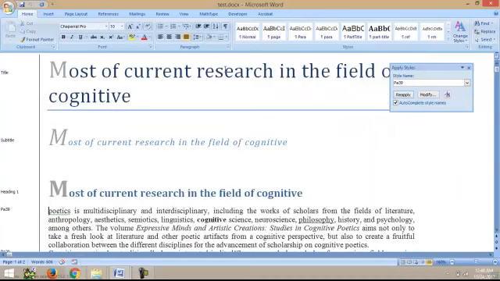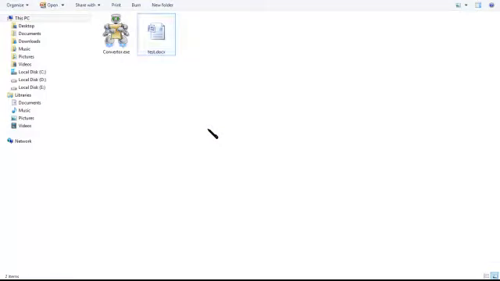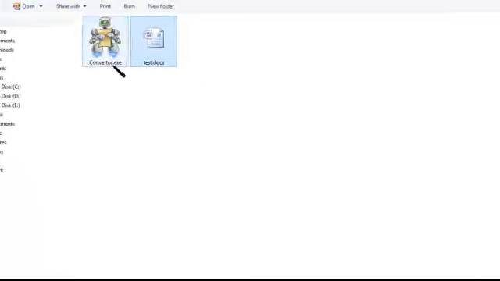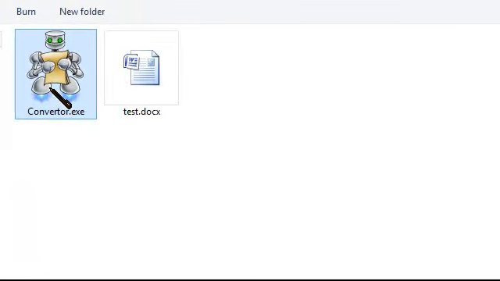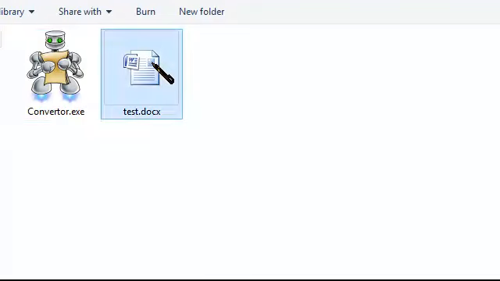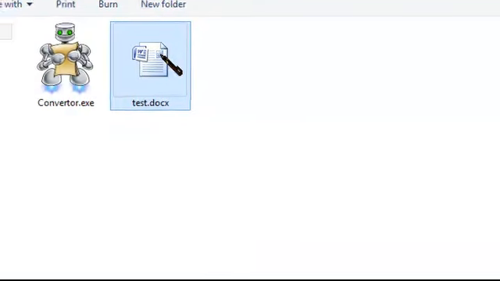Once you have filled in all your styles, save this document and close it. Make sure you have only one document in the conversion place along with the exe file, and that there are no other XML files, only one doc file.